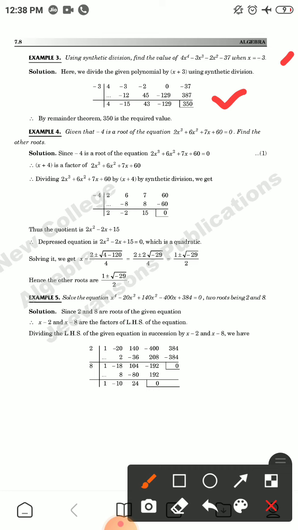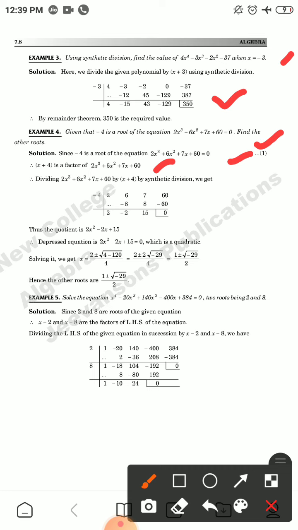Example fourth: given that -4 is a root of the equation 2x^3 + 6x^2 + 7x + 60 = 0, find the other roots. Since -4 is a root of the equation 2x^3 + 6x^2 + 7x + 60 = 0, marking this as number 1, therefore x + 4 is a factor of this equation. Therefore, dividing 2x^3 + 6x^2 + 7x + 60 by x + 4 by synthetic division,